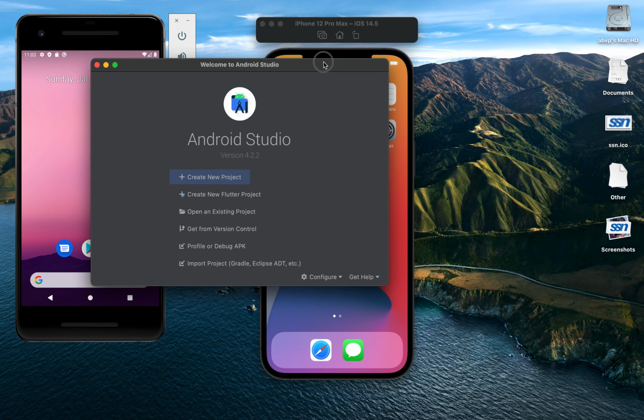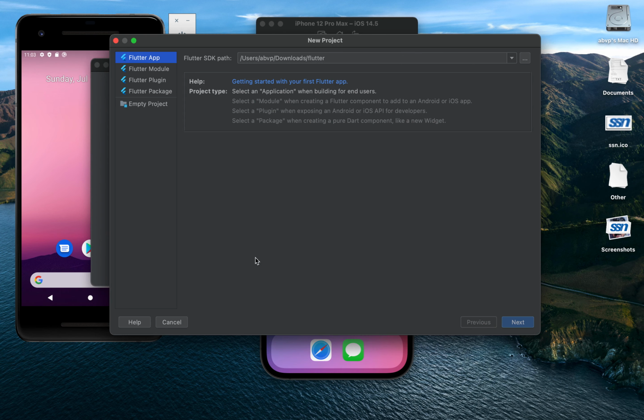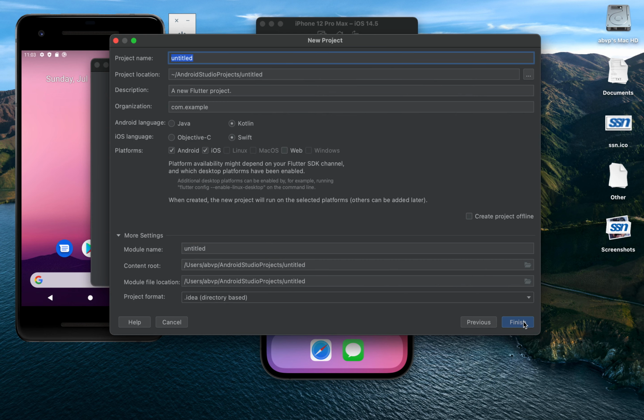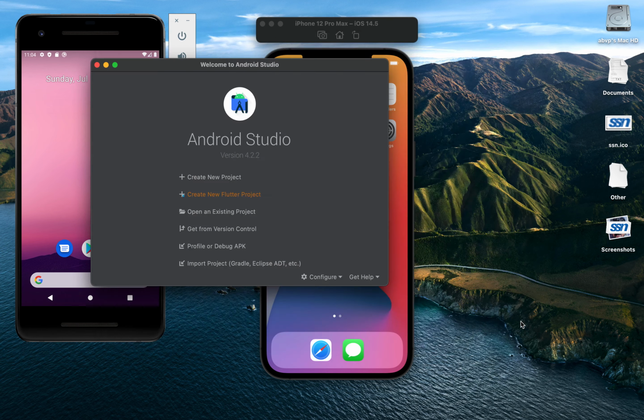Okay, now we can come to Android Studio and create a new Flutter project and give it a name. Before that, it says, okay, this is your Flutter SDK path, fine. And then we create a project name, say test Flutter, and hit finish.